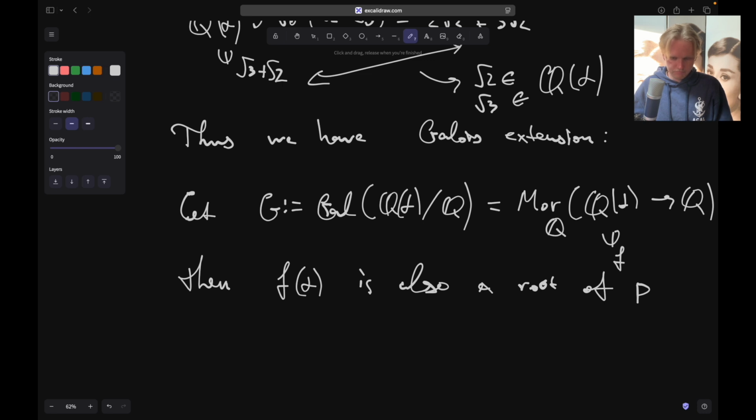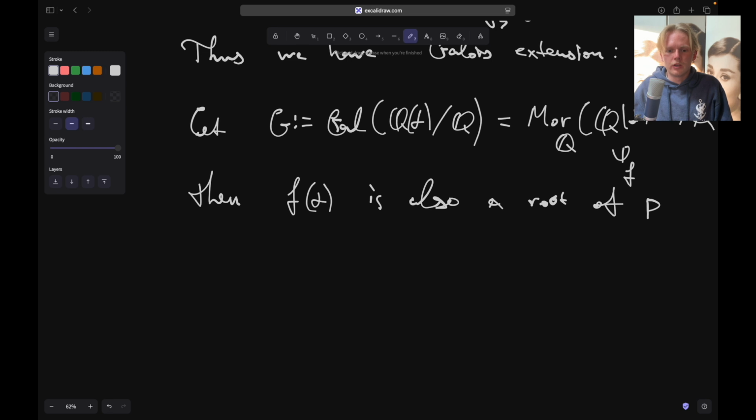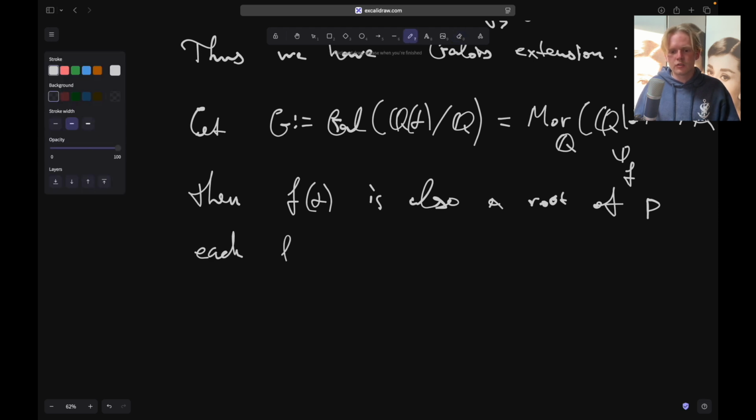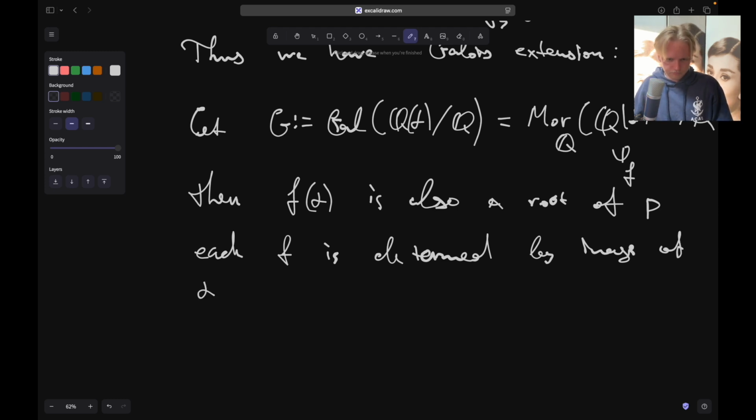Great. And then we have alpha roots, and so it's a permutation of roots, and we need to take a subgroup of permutations, but each f is determined by the image of our alpha. Why? Because its image can be only in